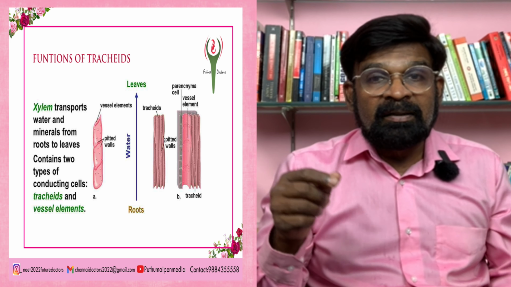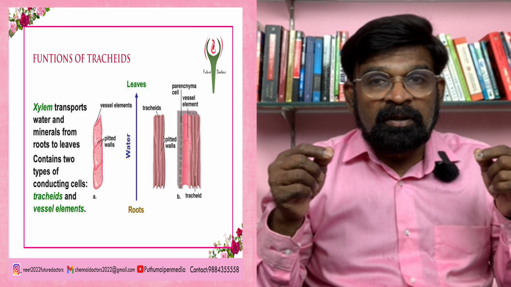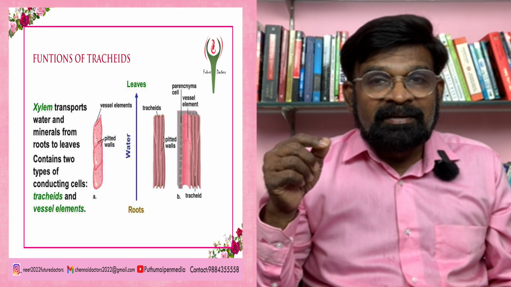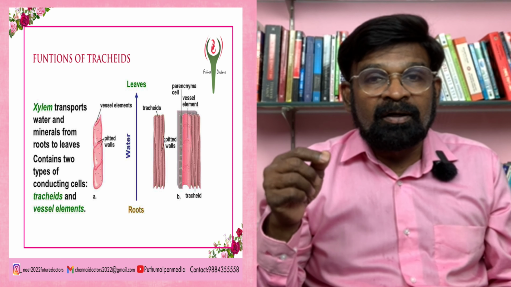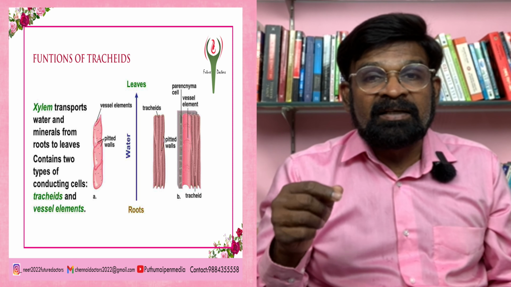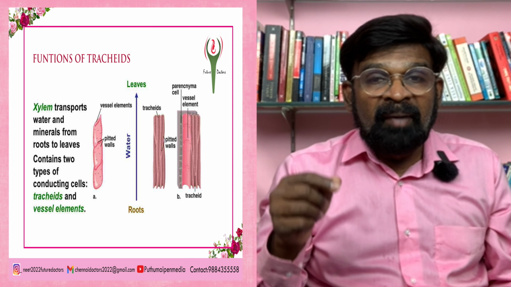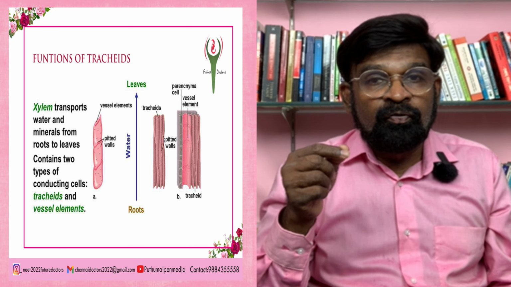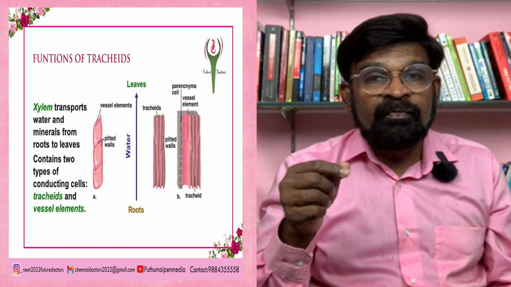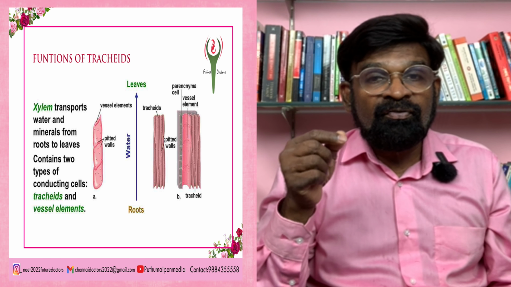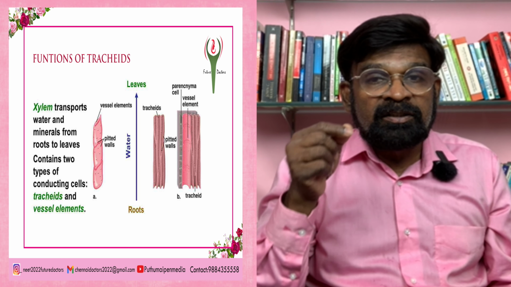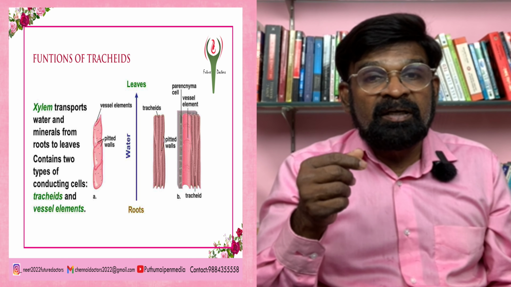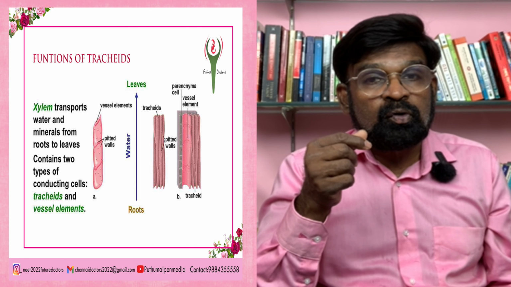Xylem parenchyma. These cells form the only living components of the xylem. Xylem parenchyma cells are thin walled and their cell walls are made up of cellulose. Xylem parenchyma stores food in the form of starch or fat and other substances like tannin. The xylem can be subdivided into 2 types: